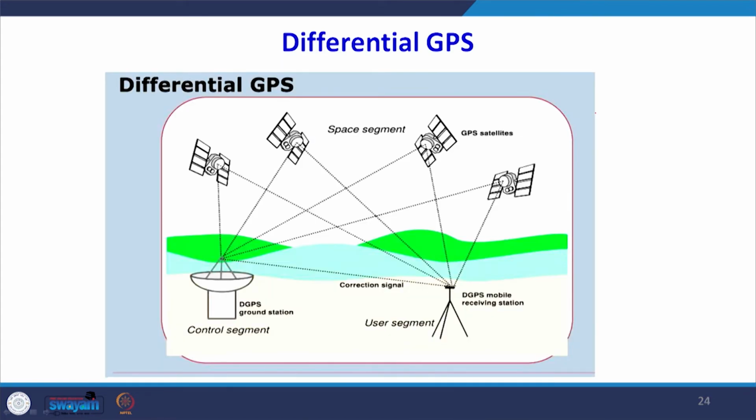and we can directly get the corrected value. As you can see in this figure, we have a base station, which is a ground station, and then we have a mobile station. So, we are moving with this particular unit, and both are communicating with the satellite constellations. The GPS satellites are transmitting signals to the base station as well as to the rover station. In this figure, 4 satellites are transmitting the signal to both, and then what is happening is